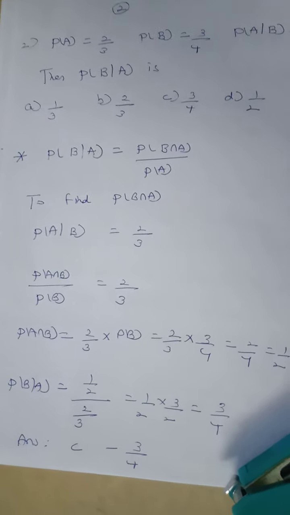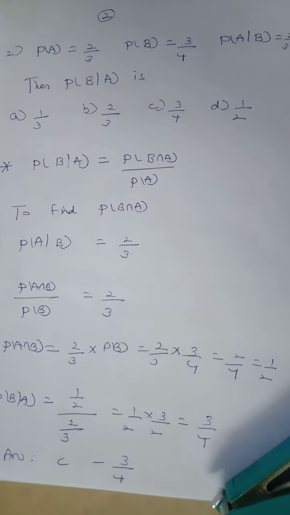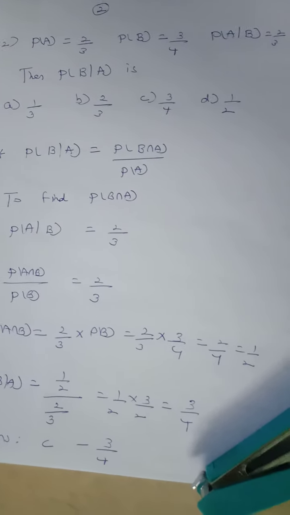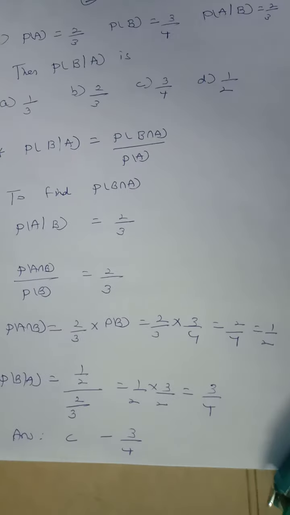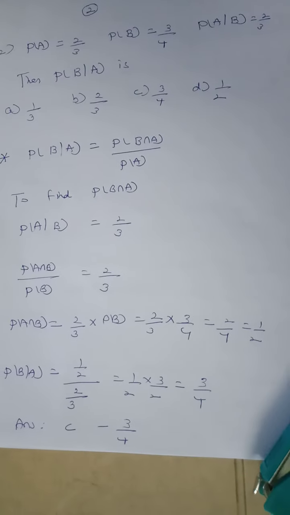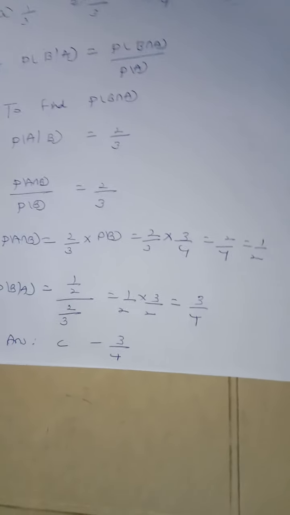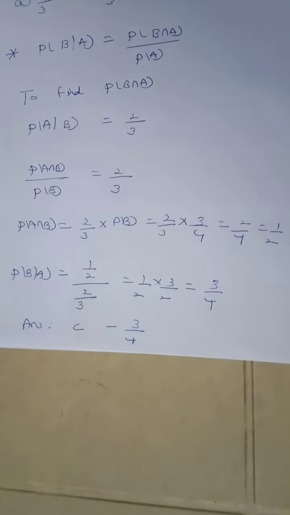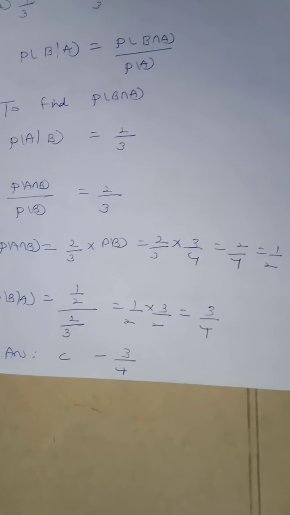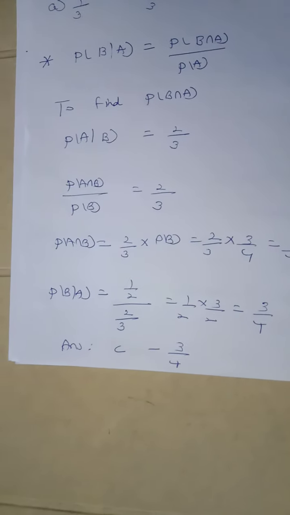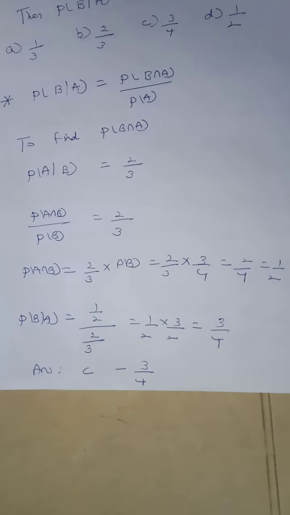So probability of A given B formula we know, probability of A intersection B divided by probability of B. So when you cross multiply, you get probability of A intersection B is equal to 2 by 3 into probability of B. Probability of B value is given as 3 by 4. So we get probability of A intersection B is equal to 1 by 2. So we need to find probability of B given A, which is equal to probability of B intersection A divided by probability of A. Probability of B intersection A is equal to probability of A intersection B, which is equal to 1 by 2, divided by probability of